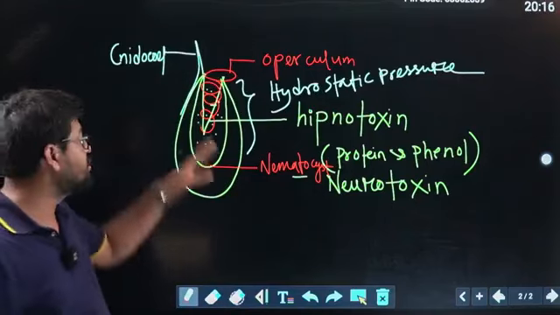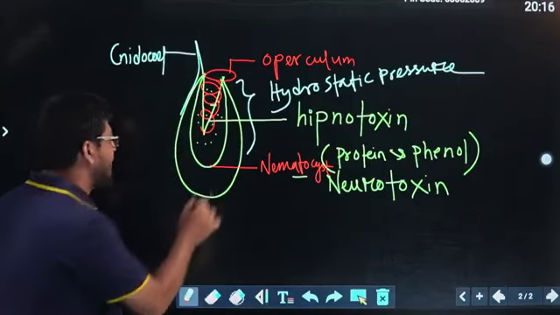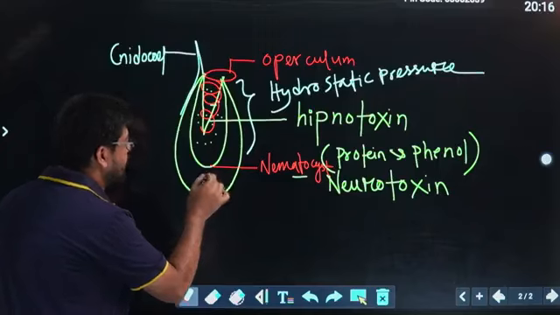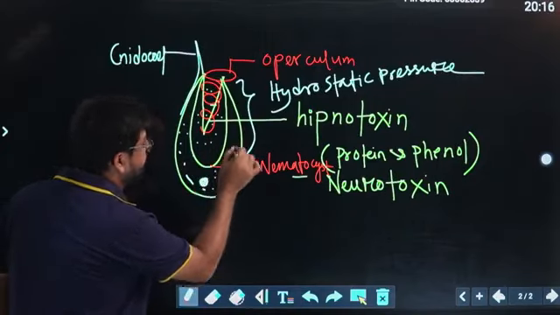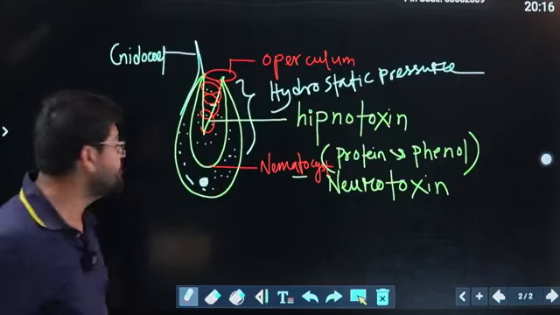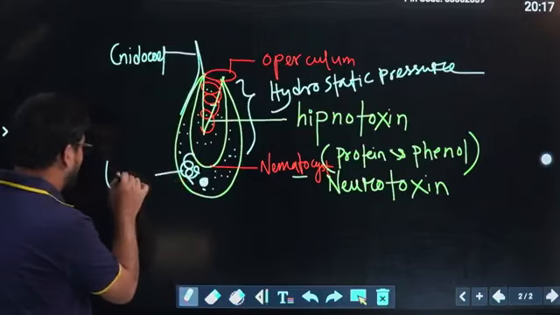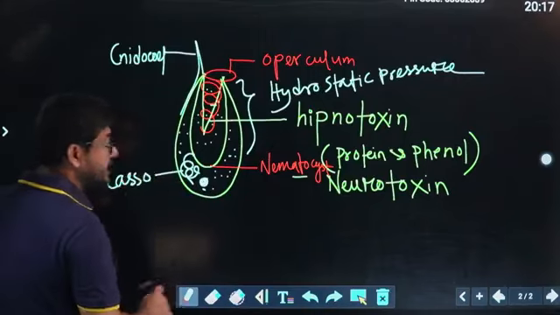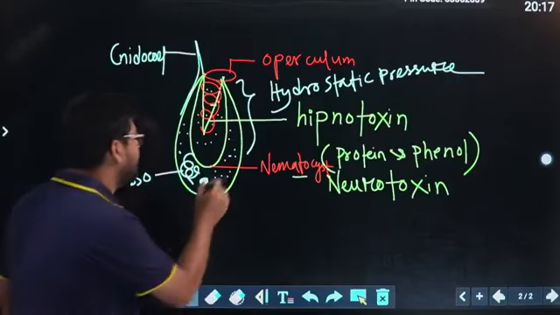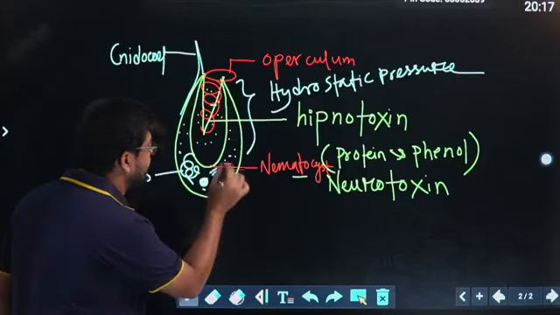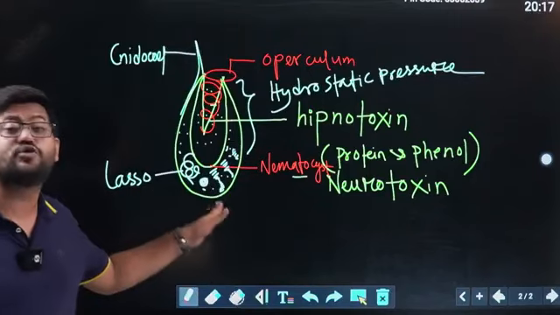So what is the function of the cnidoblast cell? You have to know. The structure is still incomplete because I am telling you it is a cell. A cell contains a nucleus, and for being a living cell, it must contain cytoplasm, and in the cytoplasm there is a twisted part. It is called the lasso, and lasso means twisted, and it has an unknown function because its function is not yet revealed. And sometimes the cytoplasm thickens to form a structure like a thread. That is why you can say it is the cytoplasmic thread.